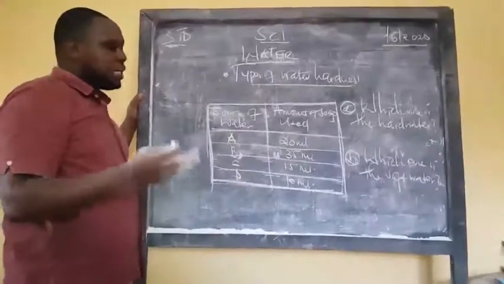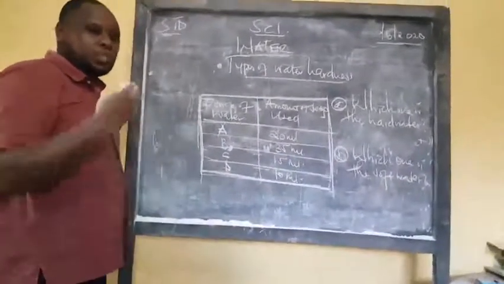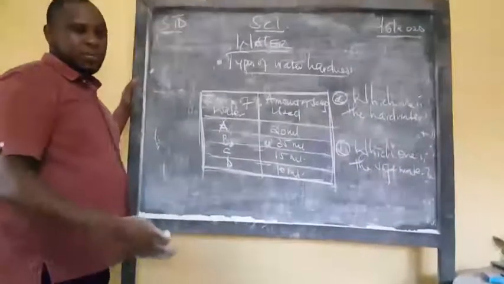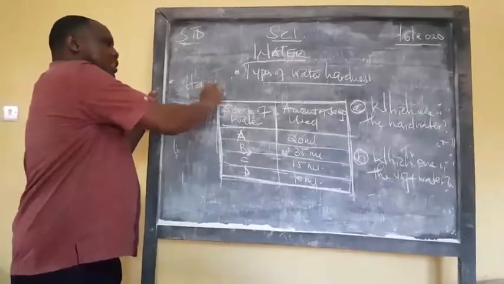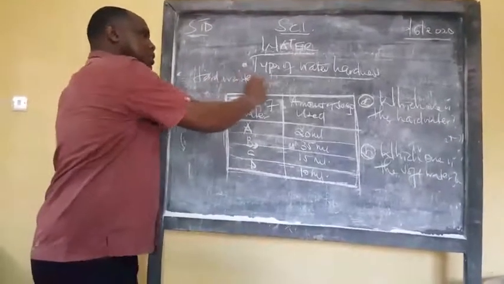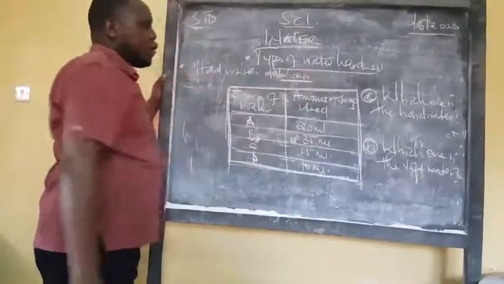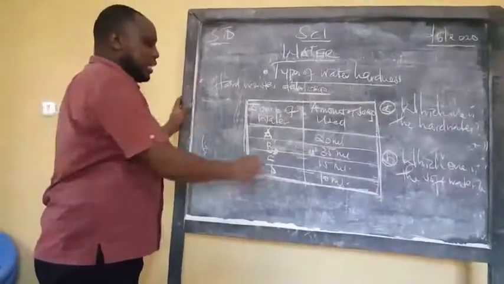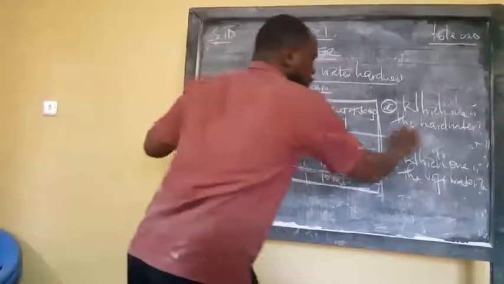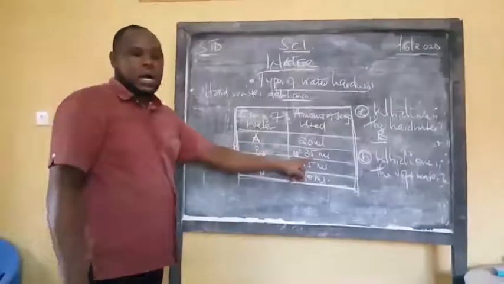Just to let you know, the one that uses the highest amount of soap, that is the hard water. Because what did we say? That hard water wastes soap. Meaning that for it to be able to lather, it must use a lot of soap. So in that case, our water from source B was the hard water because it used a lot of